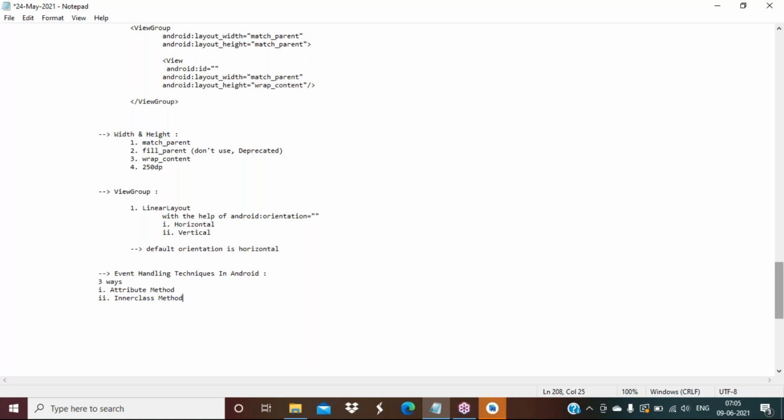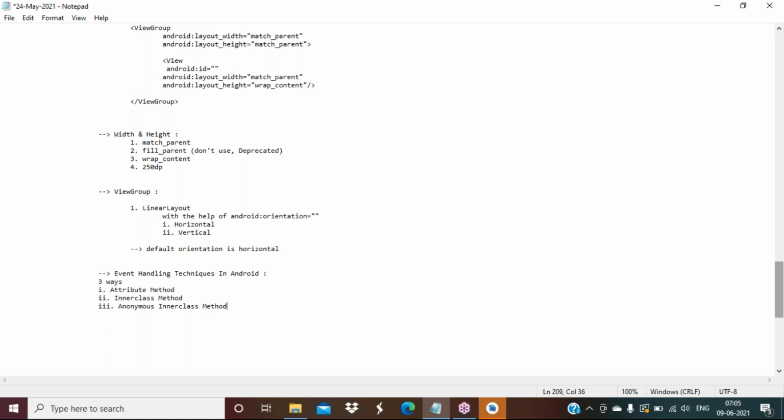The third way is the anonymous inner class method. So in total three ways: attribute method, inner class method, anonymous inner class method.